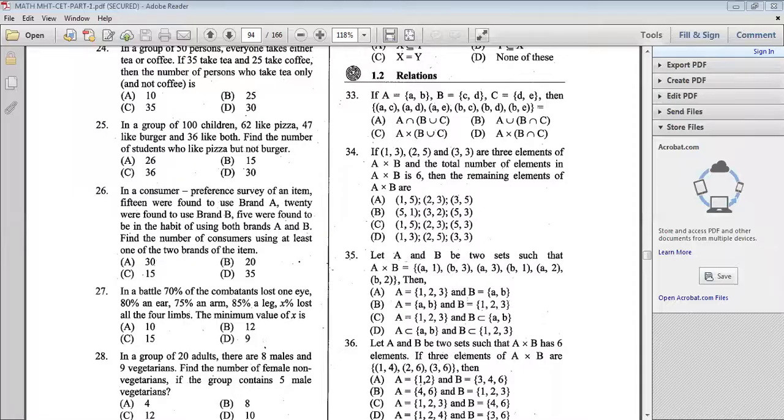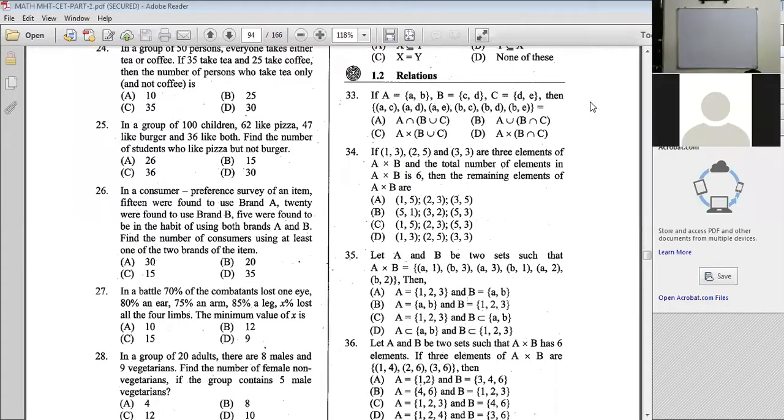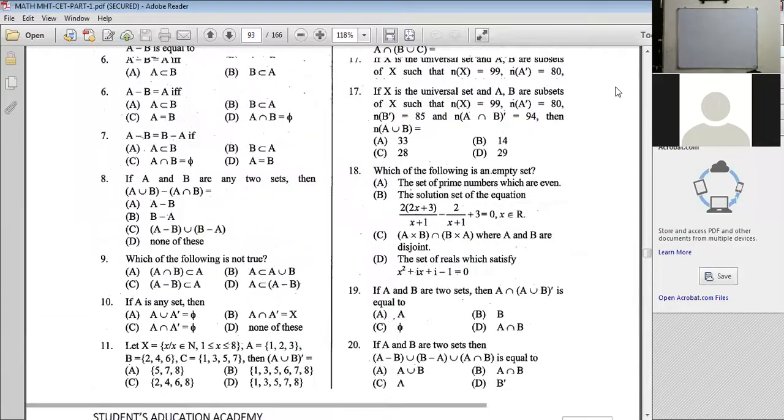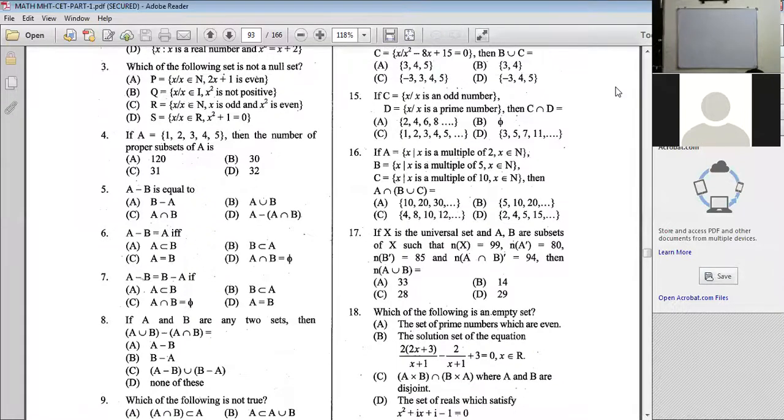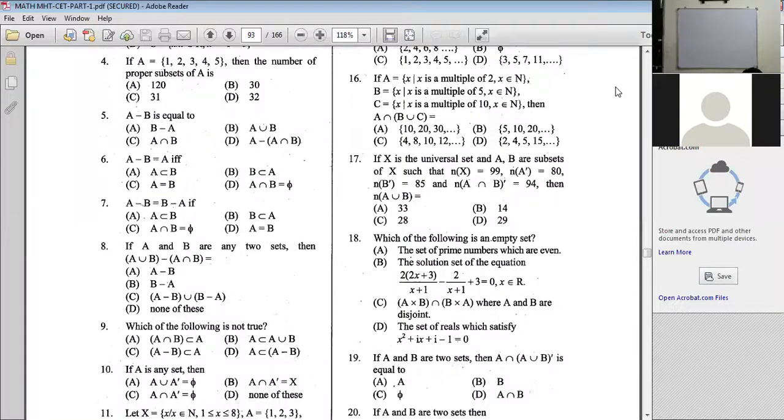So in that, look at page number 94 from the material, from page number 93. I think in the last class we completed up to problem number 15 in critical thinking. Now observe problem number 16 onwards.